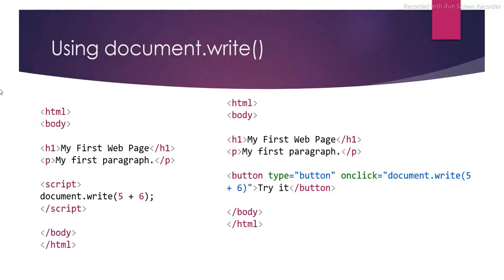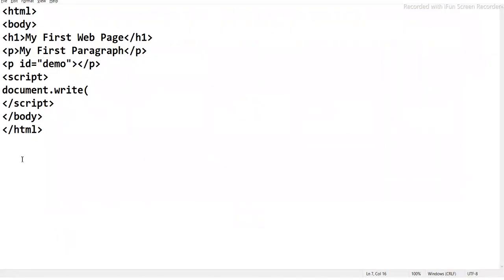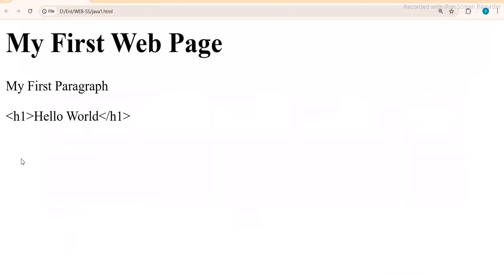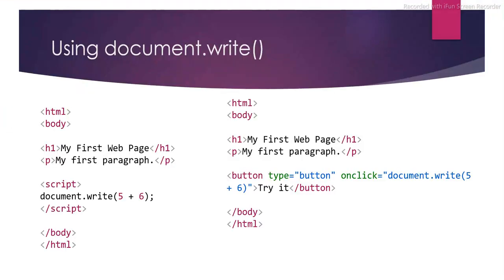Document.write. So what is given in this program? I have just given 5 plus 6. That's it. Let's see. See, it's giving the output 11. That's it. So I can write something on the web page with the help of a function called